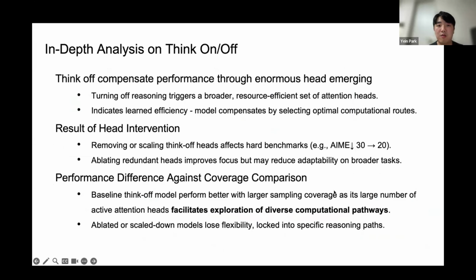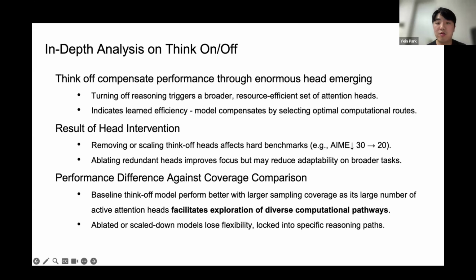And for the last one, it is the think on-off model. There are some interesting insights coming from this think on-off model. Those models activate thinking with chat templates. They can use think-on mode with the think token in the chat template, and they can use think-off mode with a predefined template, like think and done-think tokens, to ask the model not to generate more think tokens. And think-off compensates some performance through enormous head emerging,